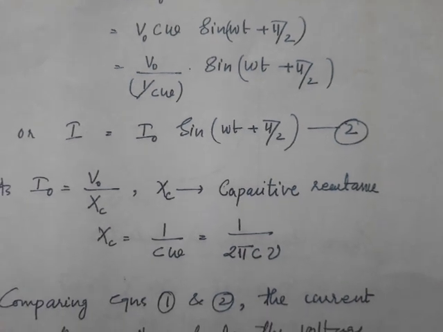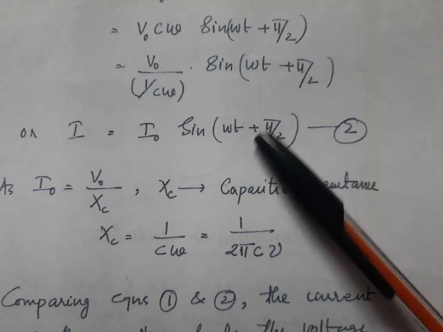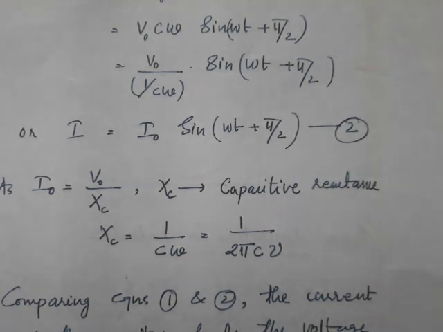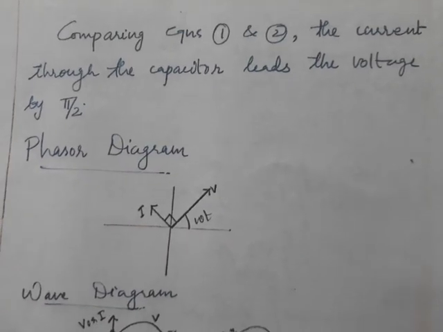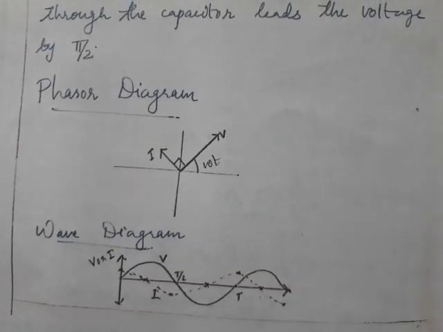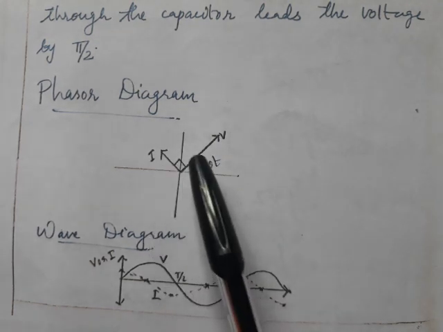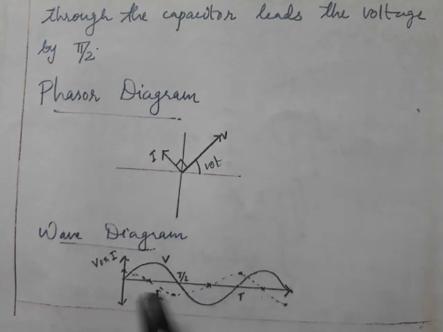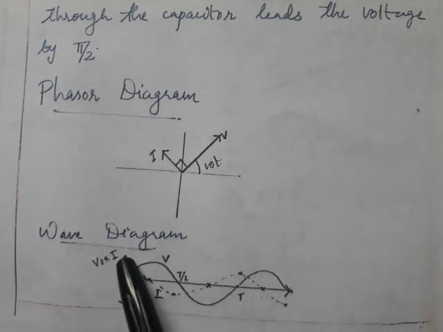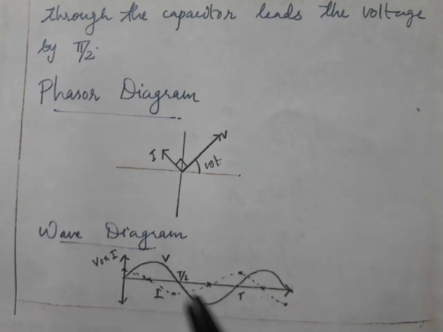Let's check the phasor diagram also. Here the current is plus pi by 2, that is leading the voltage, advanced than the voltage. So just opposite to the inductor, we draw the diagram. In the phasor diagram, V we mark with an angle omega t, but the current is advanced by 90 degrees. So here is voltage, and current is already up. When voltage is 0, current is maximum. So this is how the phasor diagram of a capacitor goes.